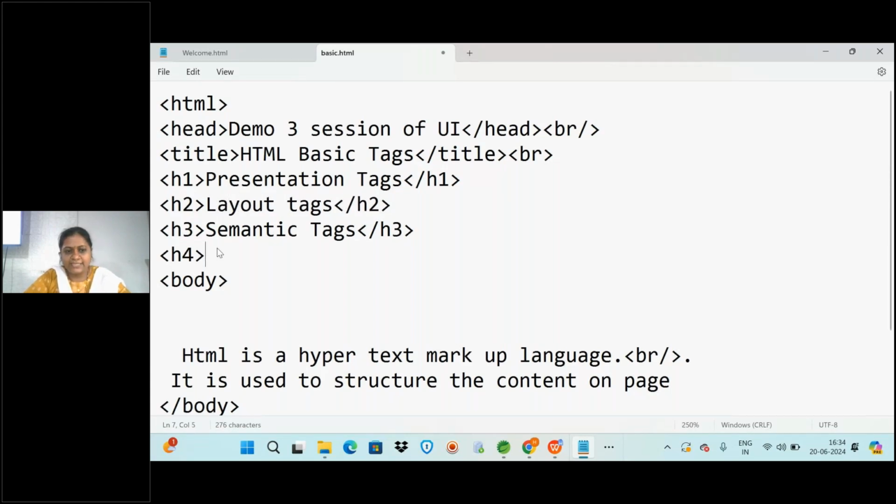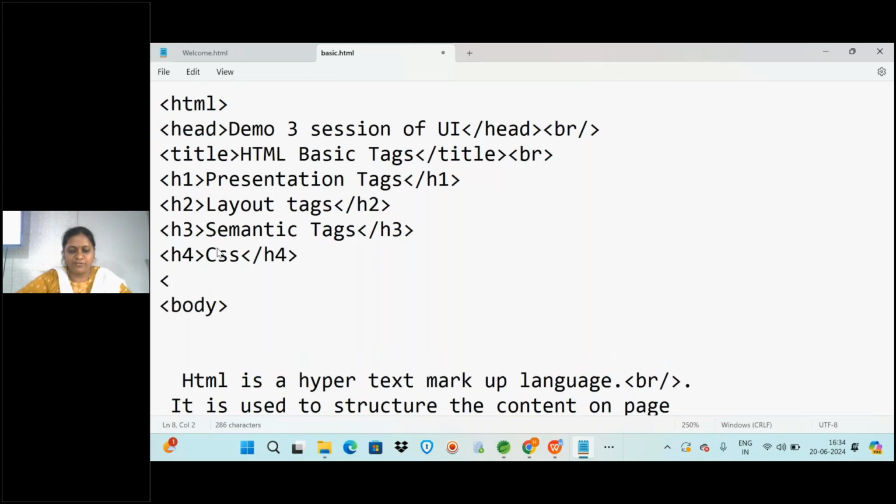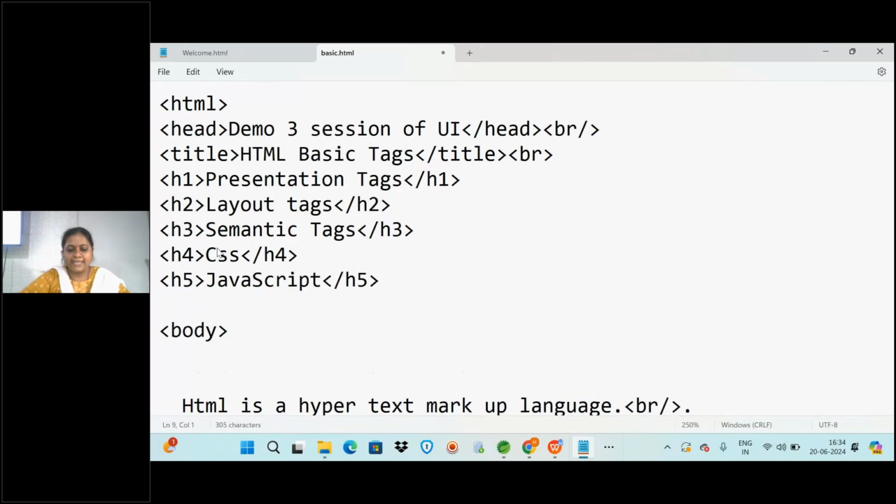Like you will be learning CSS, which stands for Cascading Style Sheets, and you will also learn JavaScript in H5. I wanted to show you how the data is displayed in all the headings. In H6, like jQuery.